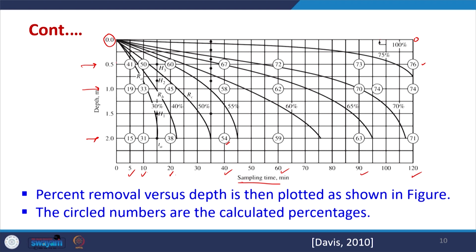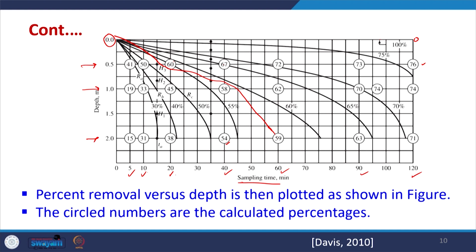So, we have to interpolate in between: this is 67% and this is 72%, and this is 59. Suppose we have to draw the 59 line, maybe it will go from here to here. We will try to see that 60 is here, so the iso concentration line may be here. This way we plot the iso concentration lines, and this data is helpful